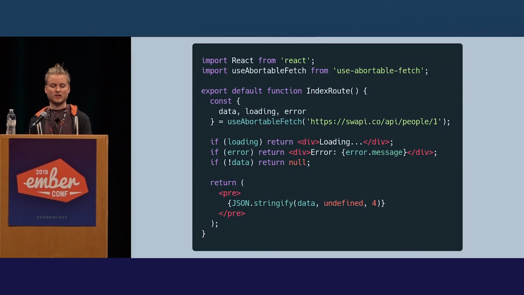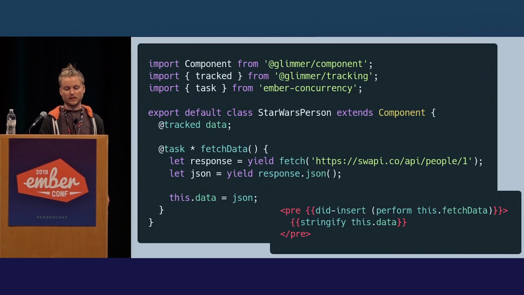The React ecosystem also has lots of add-ons. This one, use-abortable-fetch, provides a pattern for dealing with this data loading and unmounting problem. It may look more verbose, but it provides a clear pattern for safely making any API call. And there may be other ways to do this, but there is no canonical way of fetching data in React. In Ember,